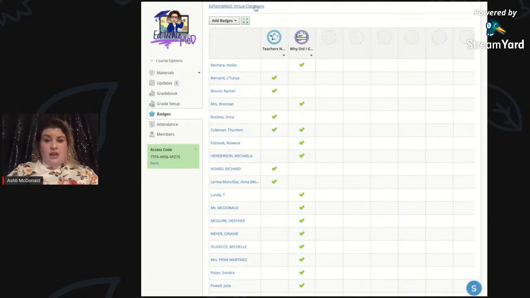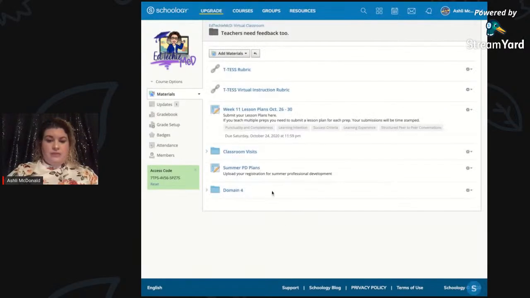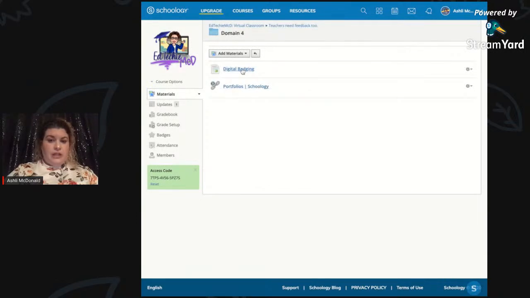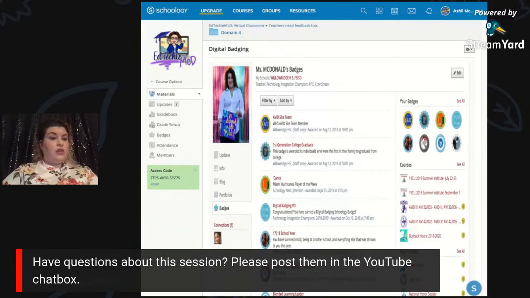Now what is cool is if you go to your profile in Schoology, and this will happen for teachers too, you will see over on the right-hand side, badges. If they click on those badges, you can see what sessions they've attended, what's the reason they got that badge, and so on. So if you have a teacher that's doing an excellent job at turning in lesson plans, they look really great, give them a little kudos. Give them a badge for it. That's definitely something that might make that teacher's day.